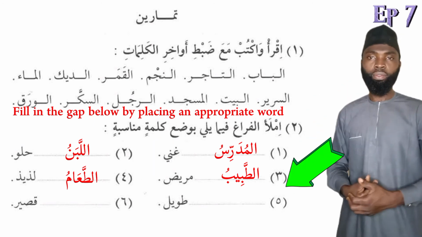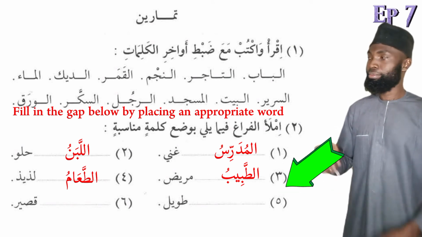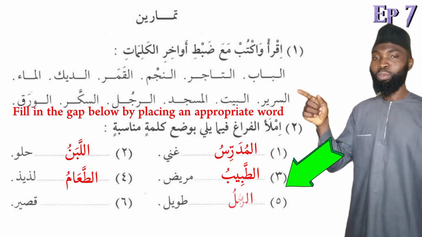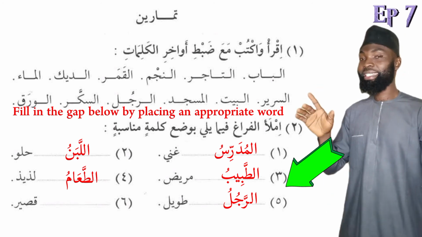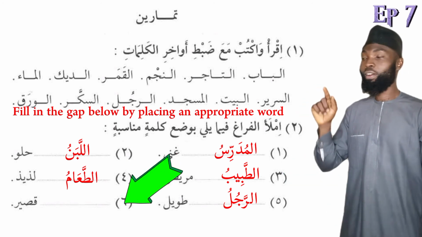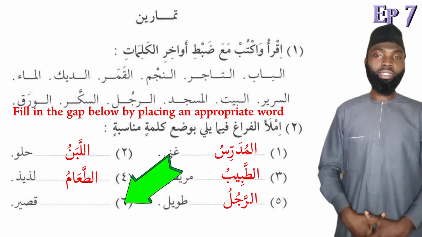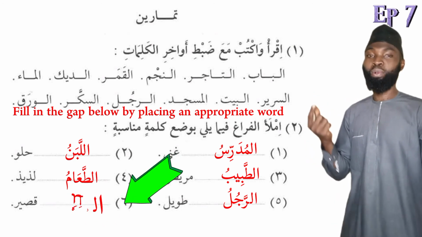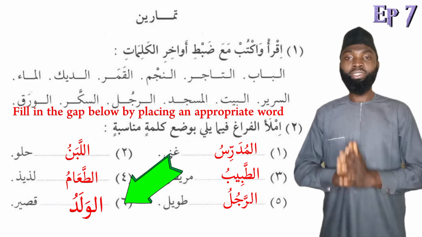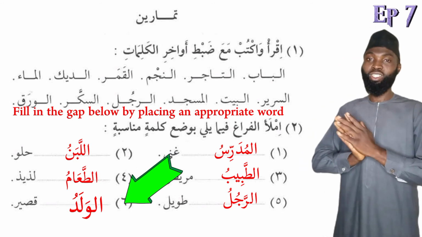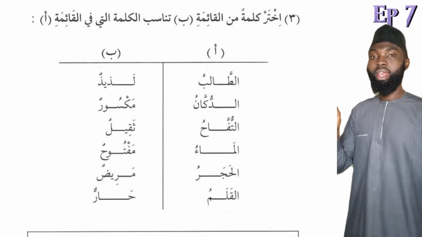Tawilun, tall. Who is tall? We can say, MashaAllah, ar-rajulu, the man. Tawilun is tall. Number 6, and that is the last number, we have qasirun, short. Who is short? Let's say al-waladu, the boy. Qasirun is short. Now let's move on to the last exercise, and that is exercise number 3, where we have